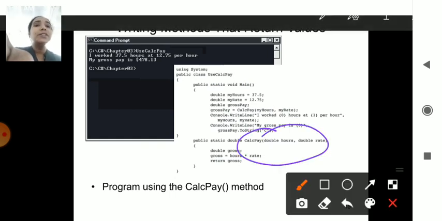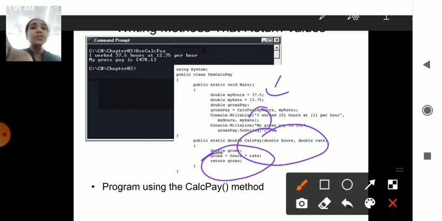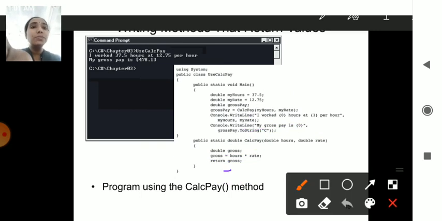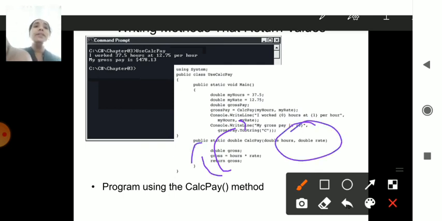This method is called here and calculated here. Gross is hours into rate. Hours and rate are multiplied, and that gross value is returned here and printed. So this is an example of multiple arguments, and it returns the value.